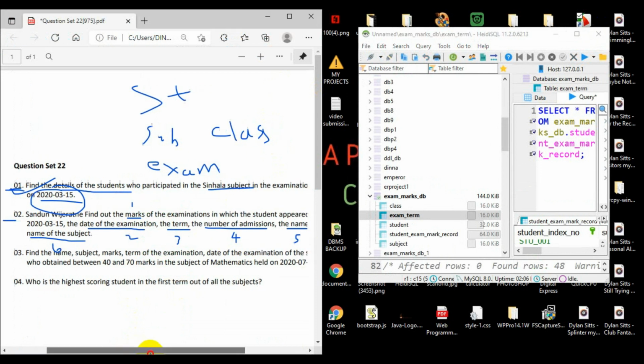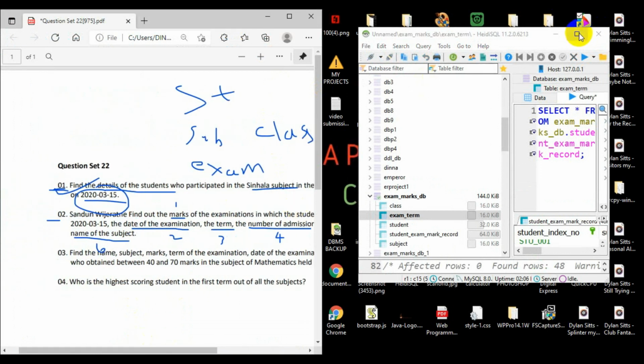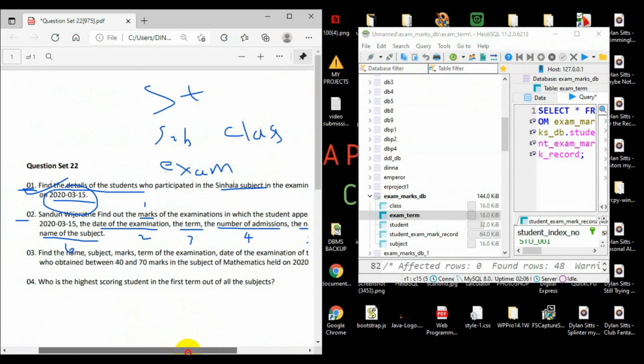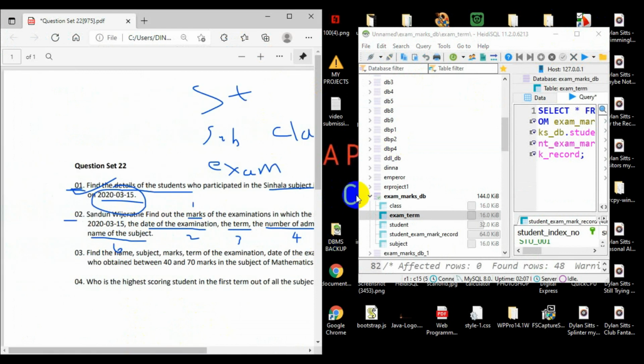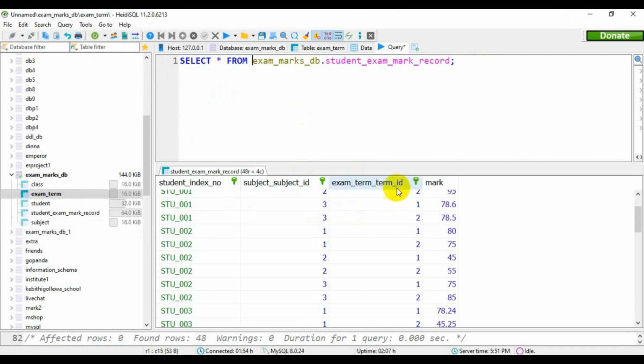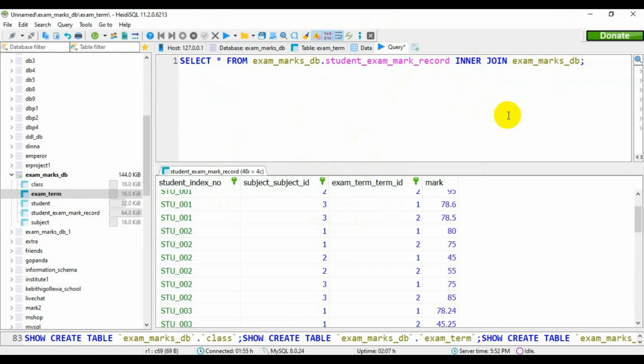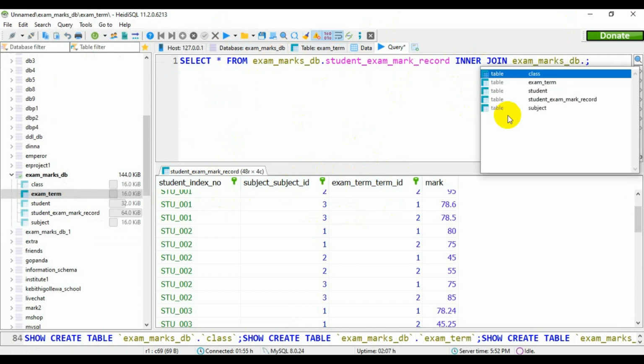So I am not asked the class of the student, so I am not going to connect the class table. So I'll need the exam term table and the subject table, and also the student table. So just inner join this one, inner join exam_marks_db dot. First I'll connect the student table